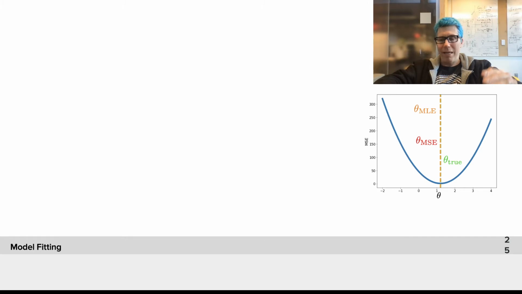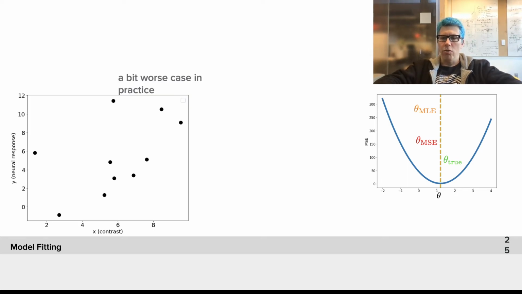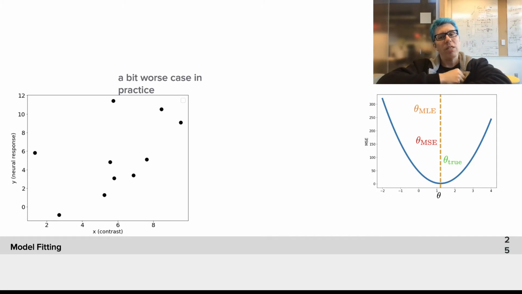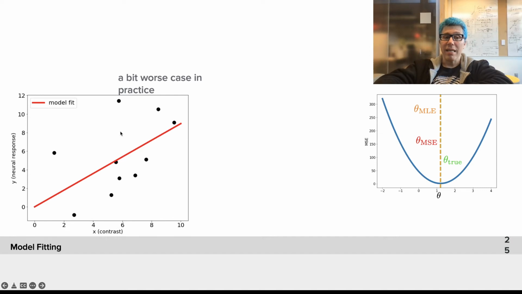And what we did is we found our model, theta maximum likelihood estimation, which was very close to the true case. So this is that ideal case where we have lots of data points that are really, really good, which is what we chose, so that conceptually it would be easy. But in reality, you will often find data that looks much more like this, where you have a scattering of points as a function of x and y. And well, what should we do in that case?